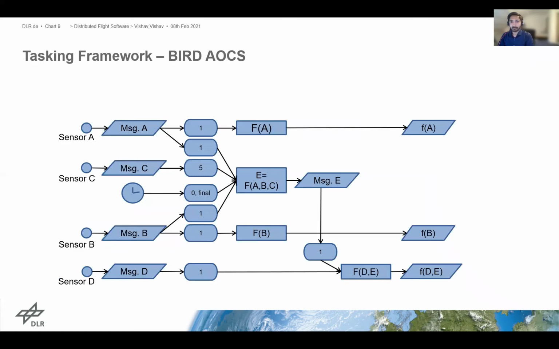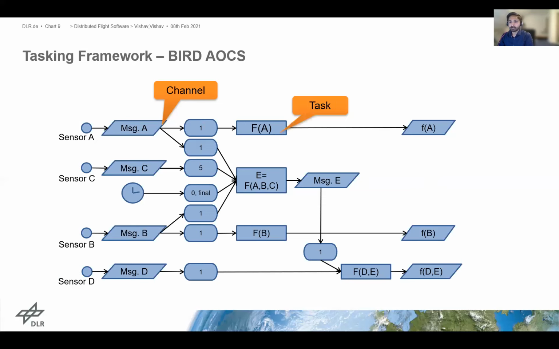To understand how the Tasking Framework functions, let us consider the BIRD application that we considered before. With Tasking Framework, an application can be implemented as a graph of tasks. We have channels, which are buffers used to store data and activate the inputs.